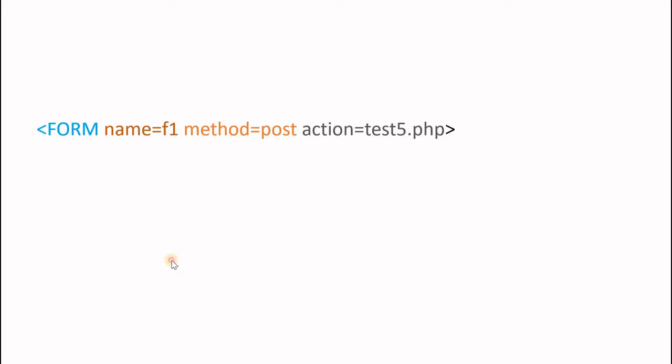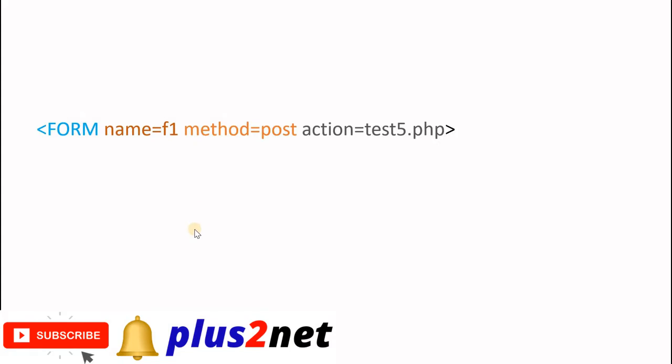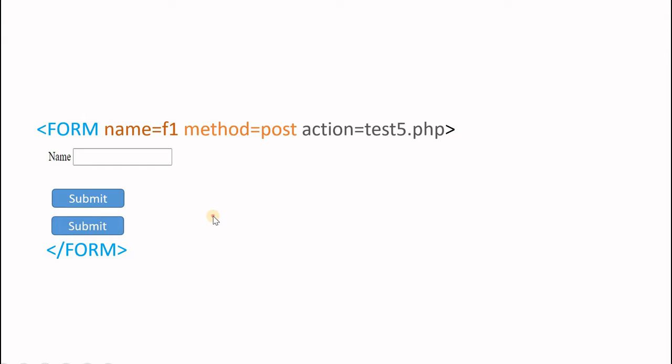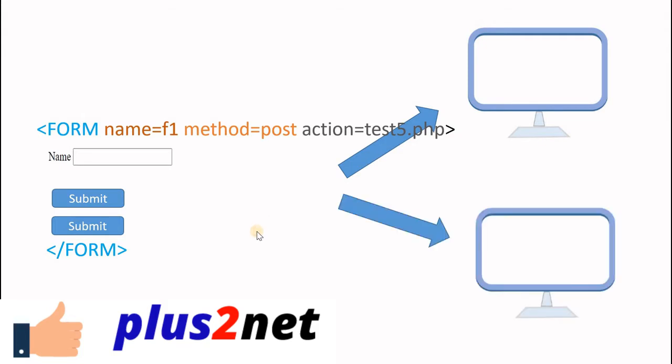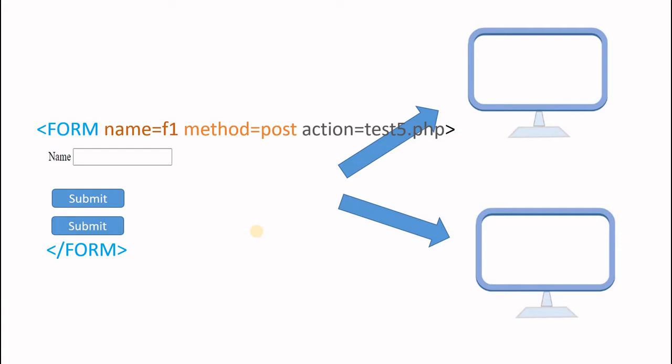Hi friends, in our previous two parts we have seen how we have designed a form and the input data we have taken to a new page, an action page, in different ways. So that part we have already discussed. Now we'll see how data in a form will submit to a new window keeping the parent window intact, so we can further work on the parent window. And also we can have multiple submit buttons where the data can be submitted to different pages in different windows. We'll learn that part.